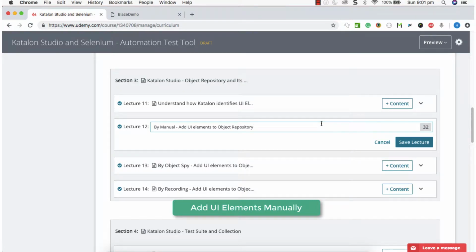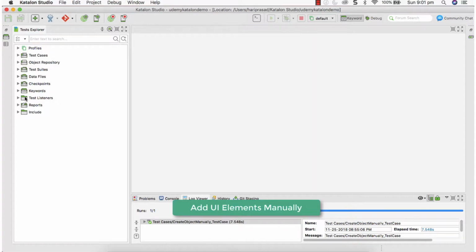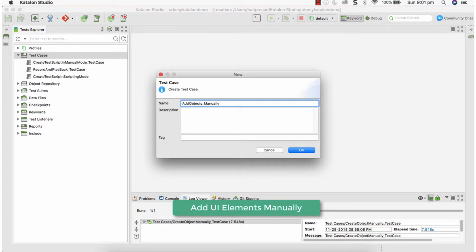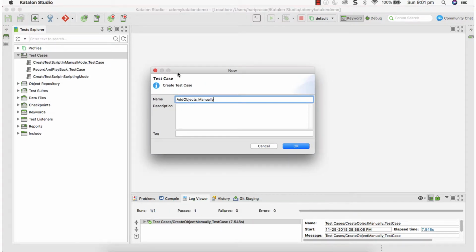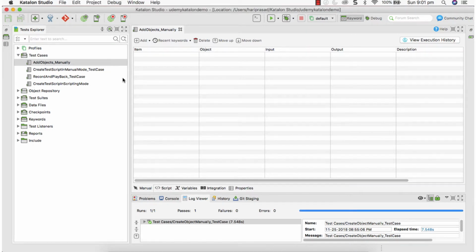In this video, let us understand how to add UI elements to object repository manually. Let's go to Katalon and go to test cases. Let's create a new test case. I'm creating a test case with the name add objects manually. Click OK. Now we should be able to create all the steps manually by adding objects into